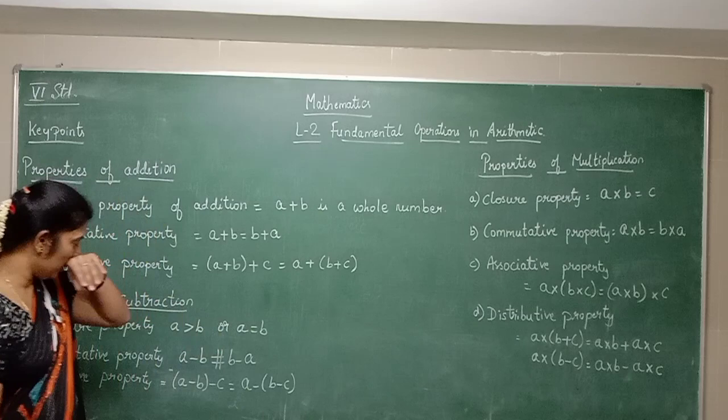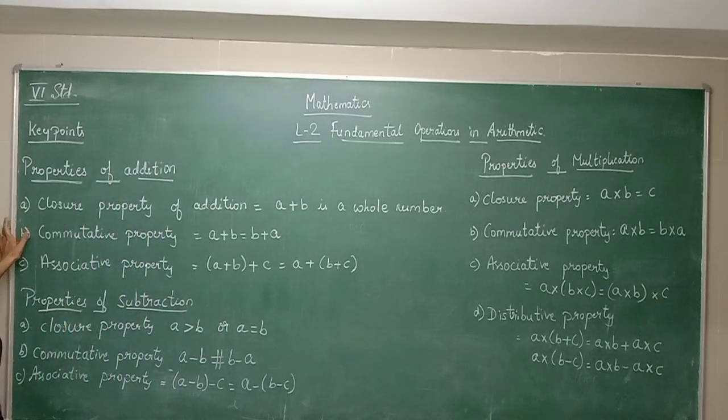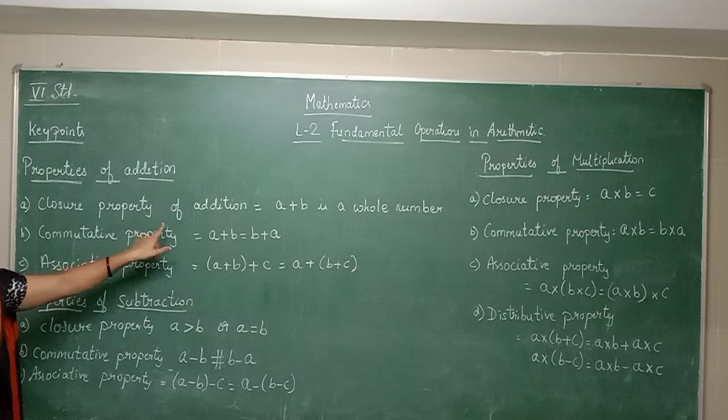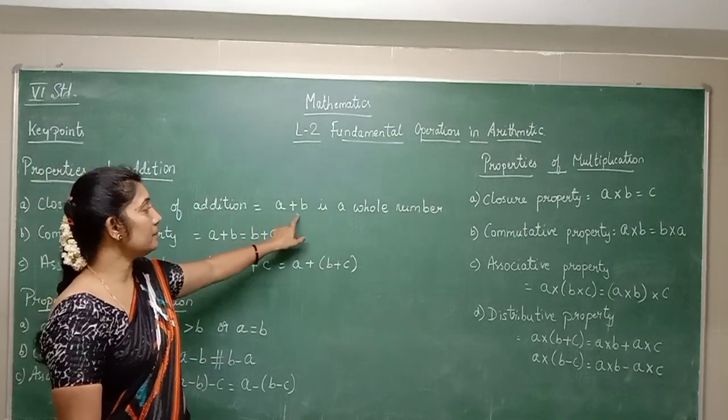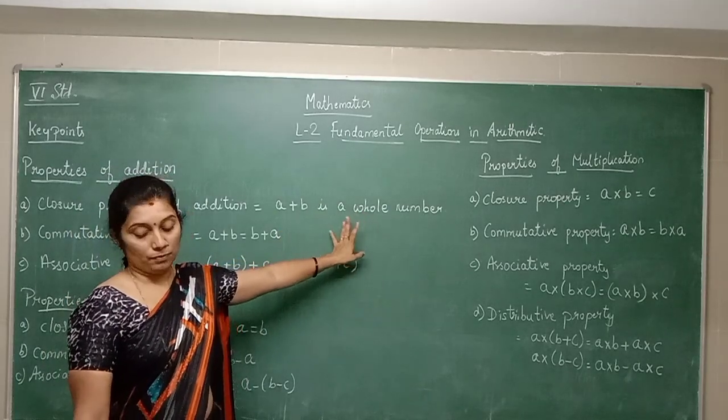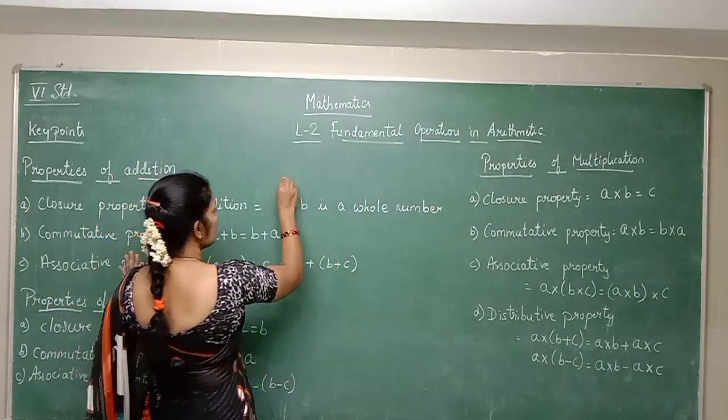Now, when I am moving to the properties of addition, what are the properties of addition? I have written here 3 properties of addition. See, the first property is the closure property of addition. What the closure property of addition says is a plus b is a whole number. For example, when you take 2 plus 5, what is